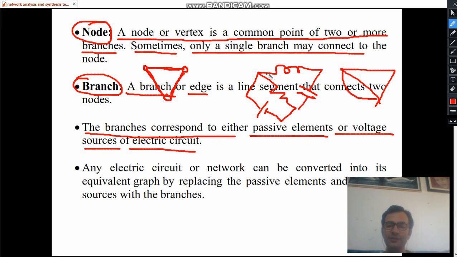So instead of each and every element, whether it is inductance, resistance, capacitance or a voltage source, there will be branches. But if suppose there is any current source here, for example like this, there will not be